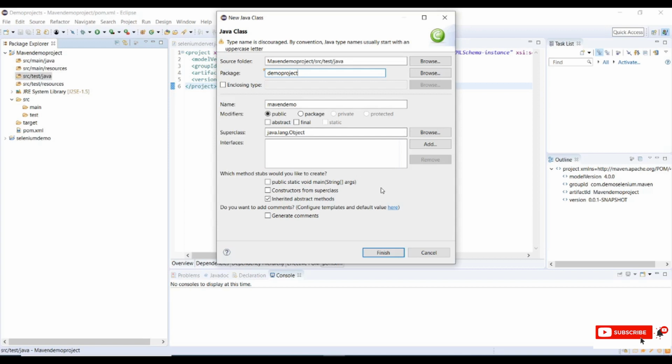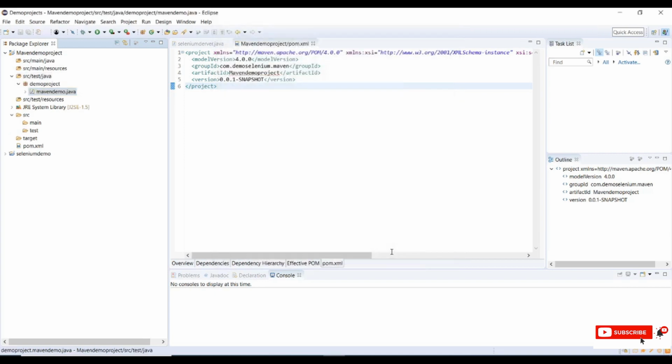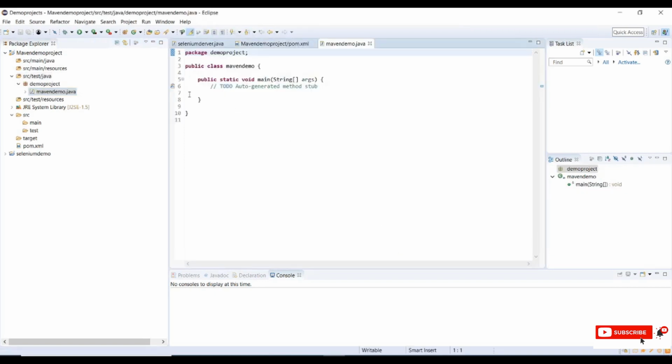We need a main method where we write a sample piece of code and execute it. Check public static void main, click on finish, and here the class structure has been created.